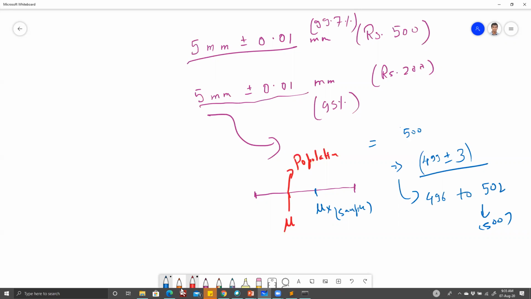Okay, but now think about it. Even if I do not have the mu for the whole population, let's say I want to sell something. I will go to 100 or 200 people, and I will try to sell something, and based on that, I will get an estimate that this is what's going to happen in the future as well. So let's say I launch an all India campaign for selling a product, which is relevant to a lot of people. Now, of course, I cannot go to everyone's house and ask whether they would be interested in buying this product.